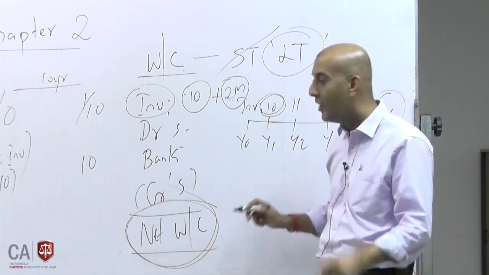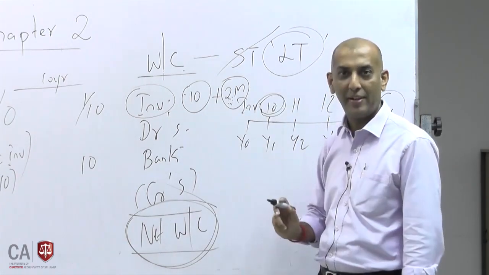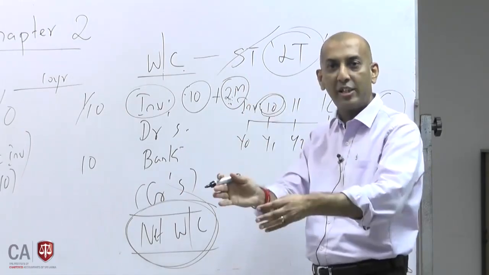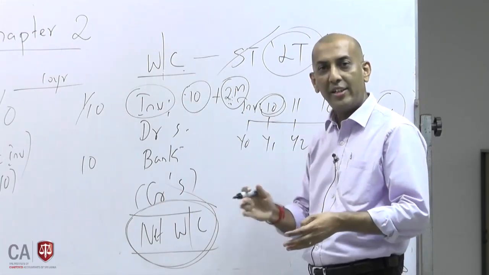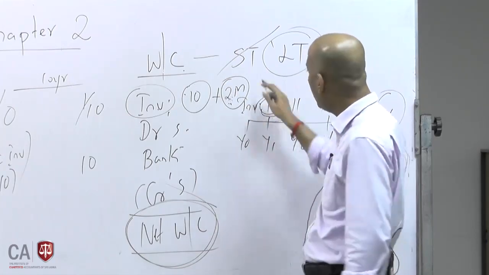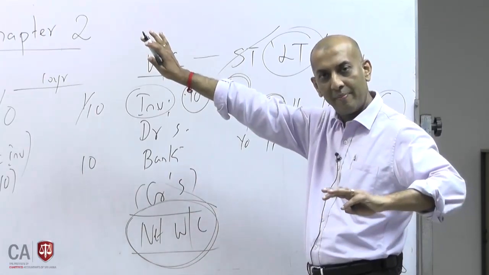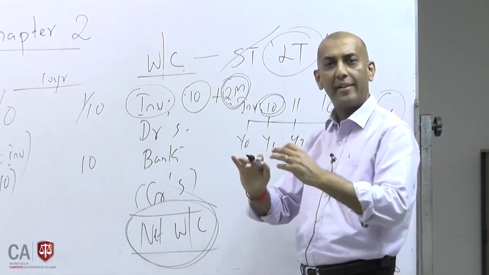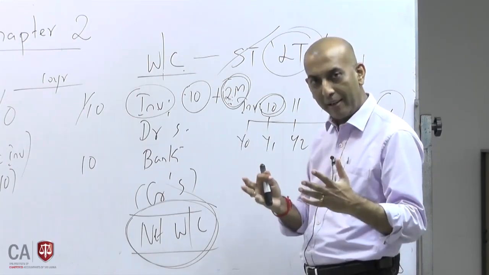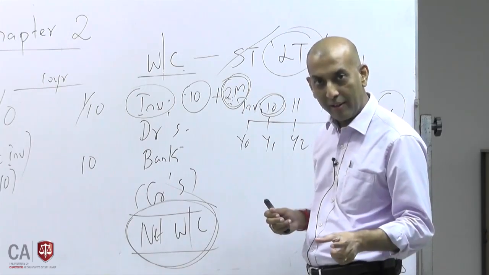Is this 2 million permanent working capital or temporary working capital? This 2 million is temporary working capital. It's not needed for the long run. It's only for those 2 months. If I buy it in March and realize it in May, after that I don't need that 2 million investment. I maintain 10 million inventory all the time. Similarly, debtors, bank, all that. In seasonal times you might need extra working capital, which is short term. This is temporary working capital or variable working capital.